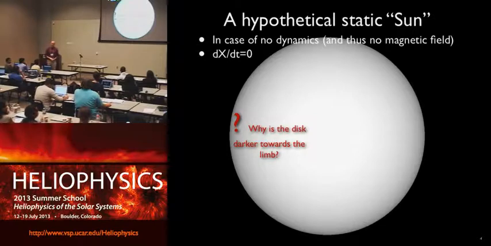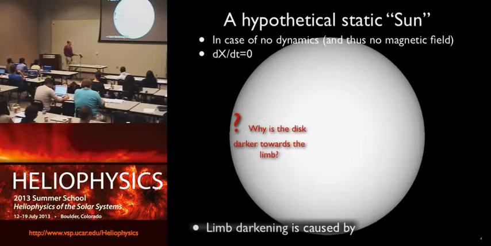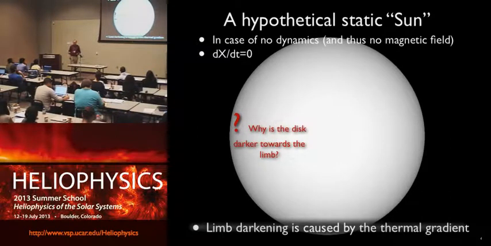The temperature gradient. As we look further out towards the limb, you're looking at an ever more inclined light path out. And that means it has a harder time coming out. It comes out from a higher layer, and the higher layer is slightly cooler, and because it's cooler, it's fainter. So that's the basic principle of creating a limb-darkened disk. But on a star like the sun, there's no way you can do this without dynamics. The outermost layers of the solar interior are too opaque for radiation to come out very efficiently.